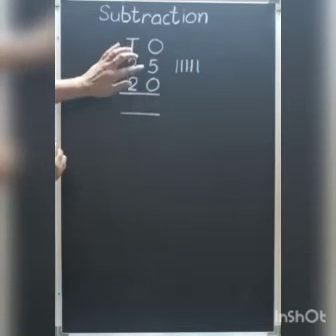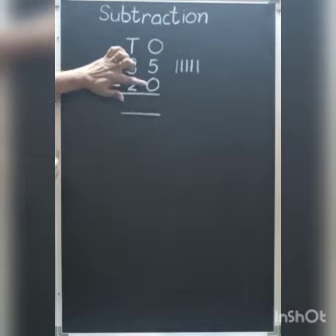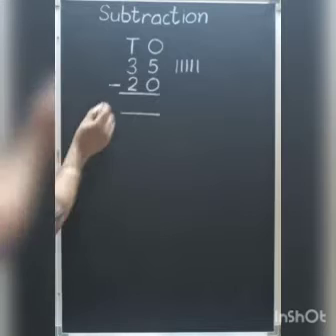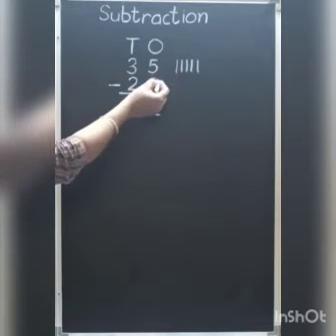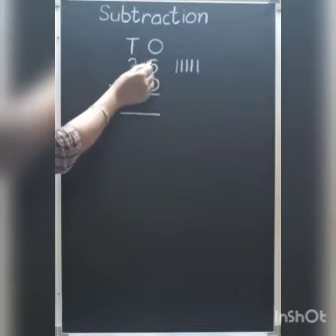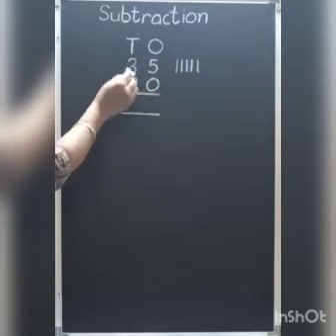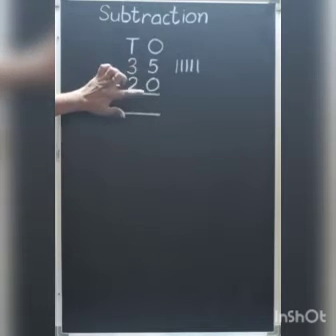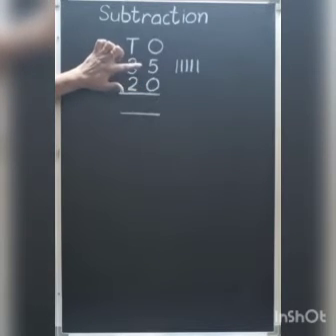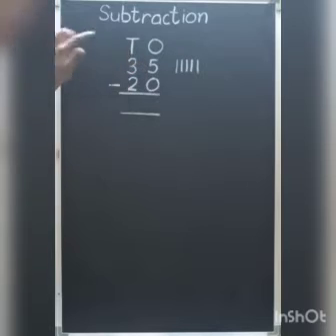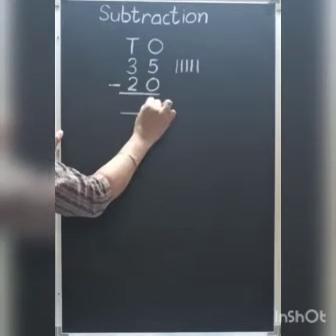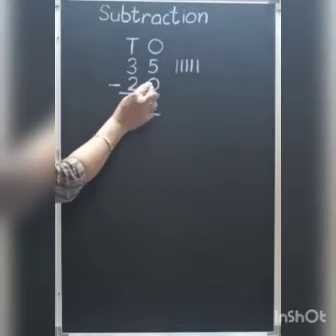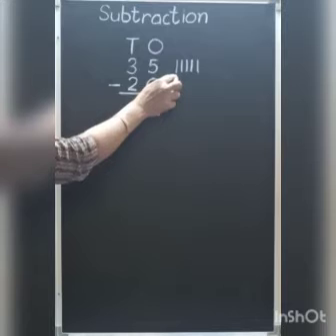Okay. And how many stalks do you want to cut? 0 means nothing. 0 means nothing. So we will not cut any stalks. So which number will come? 5. Children, just remember, when we add 0 or we subtract 0 from a number, we get the same number. Okay. So number 5 we will write here. We have written 5 because nothing we are going to cut.